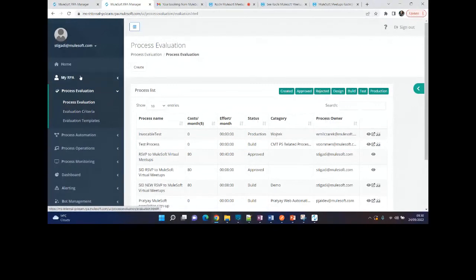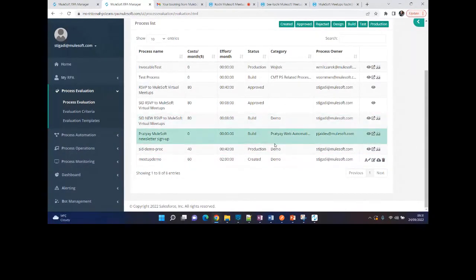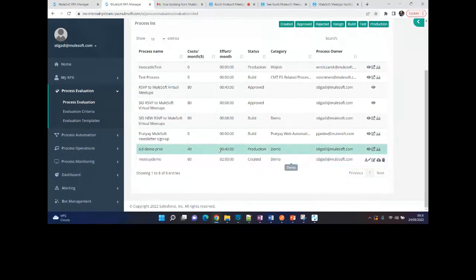And it will ideally go to, okay, this is the meetup one, right? Since I have the role of a manager on this console, on this RPA manager, I have an option to approve this. So I can go to this one and take a look at this particular process evaluation report, and actually I can approve it.